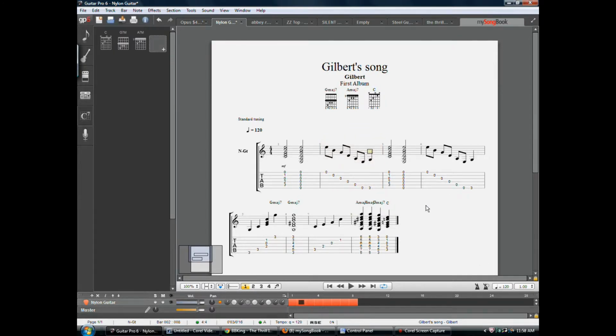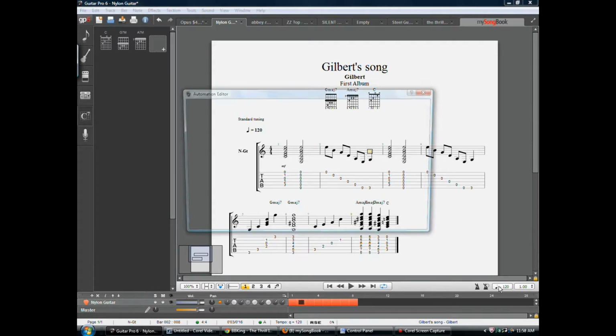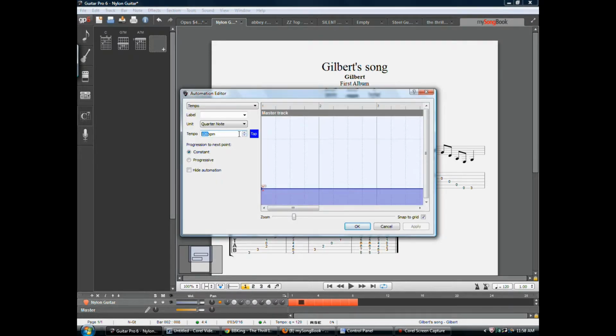And it kind of gives you a way of creating something unique. One of the features that I wanted to go over is the training capabilities. I just clicked on the tempo, and it allows you to adjust the tempo, and you can slow this way down to a very slow tempo. You can go progressive,